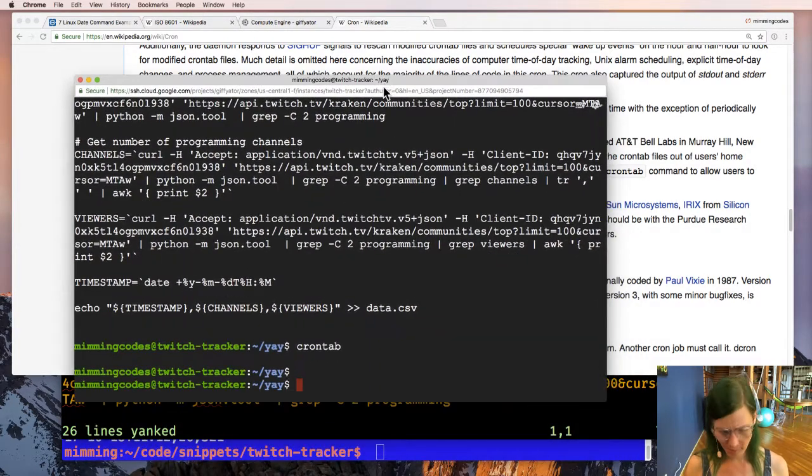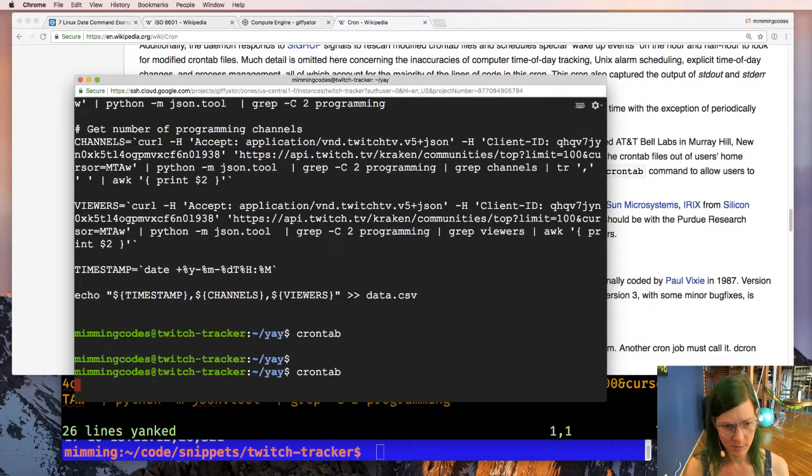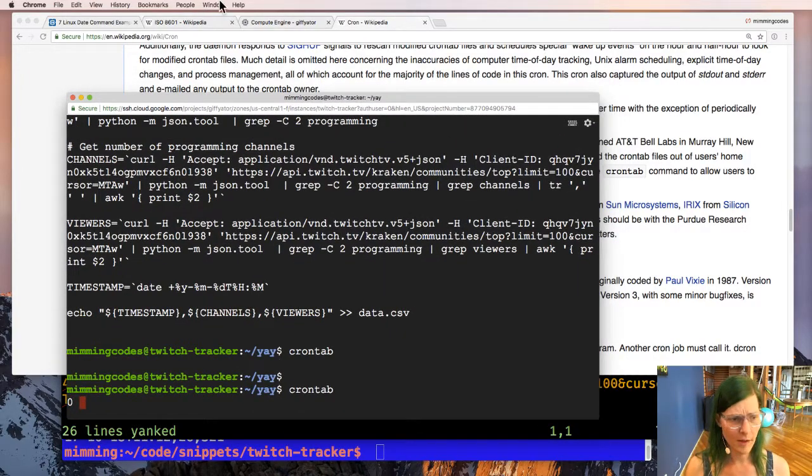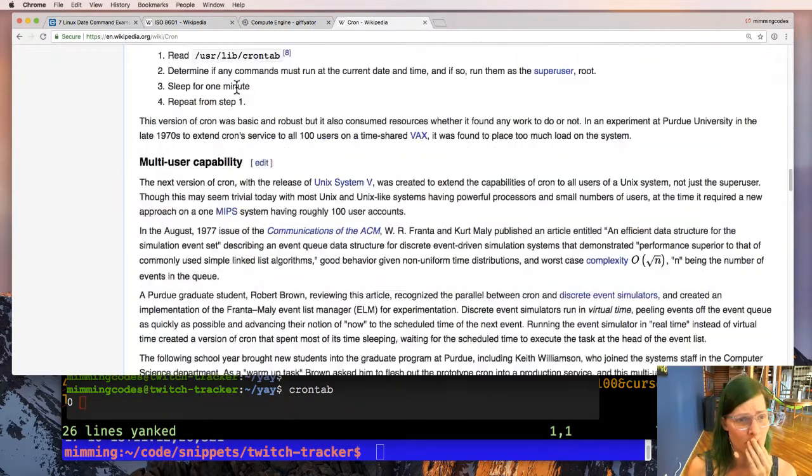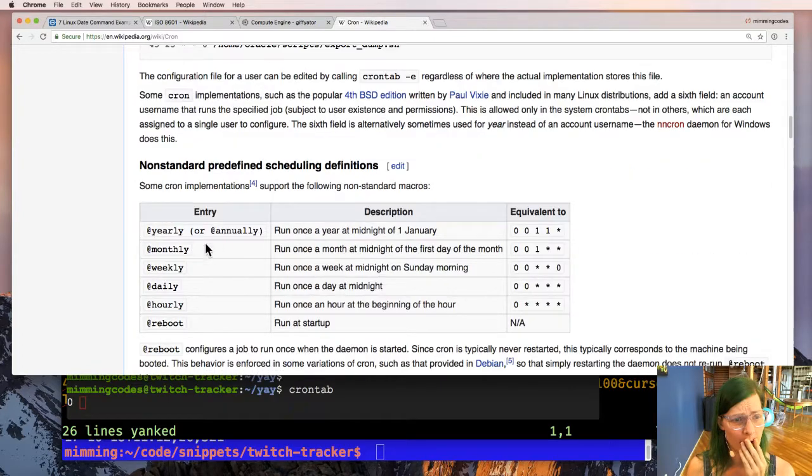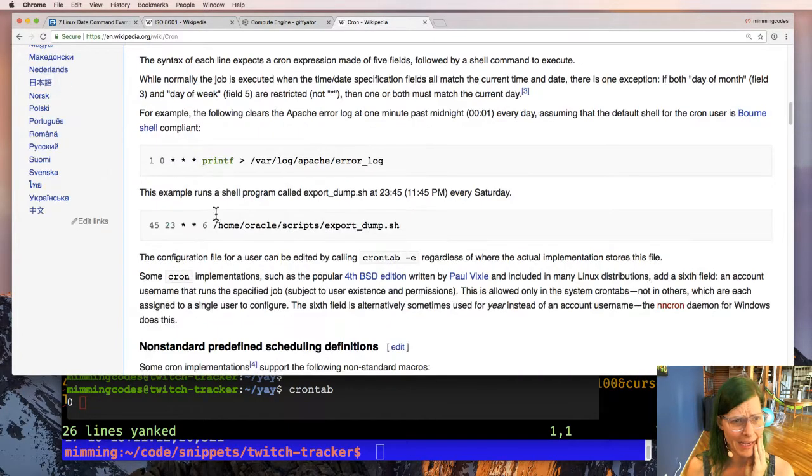So if I want to edit, it's going to be like 0 and then star, star, star, star. So 4 stars.